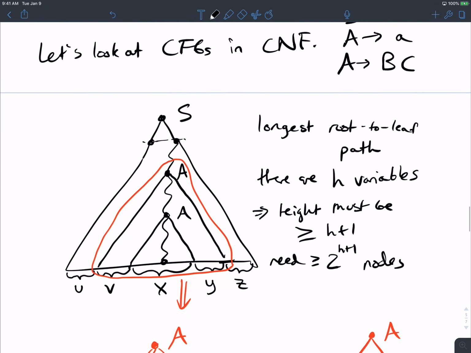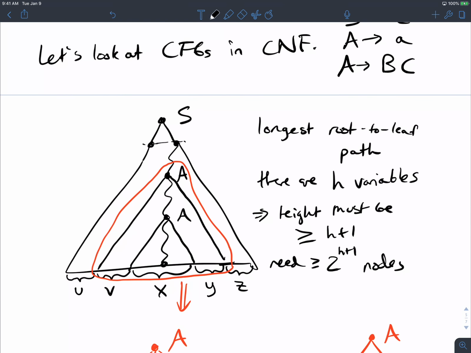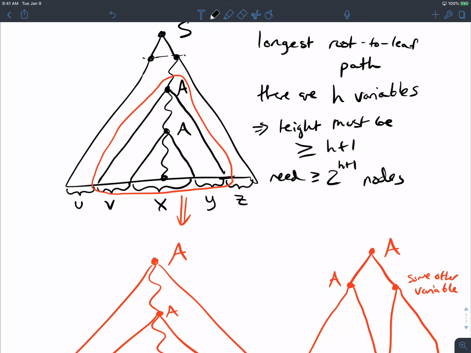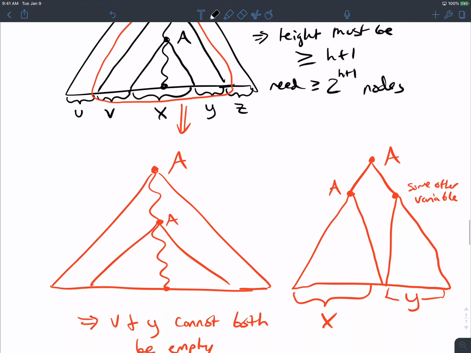The difference is that we're dealing with grammars in CNF, even though we're not going to use those in the proofs. The key is that we made the tree big enough so that we guaranteed a variable repeat somewhere from the top to the bottom. Because each variable that's not the start must generate something of the string, we noted that we have these subtrees right here with the A's.